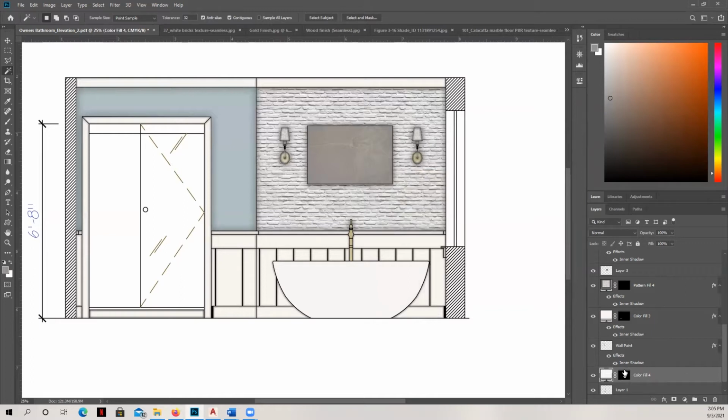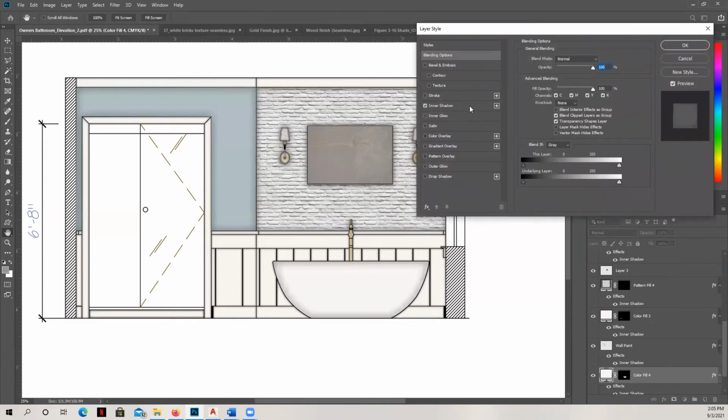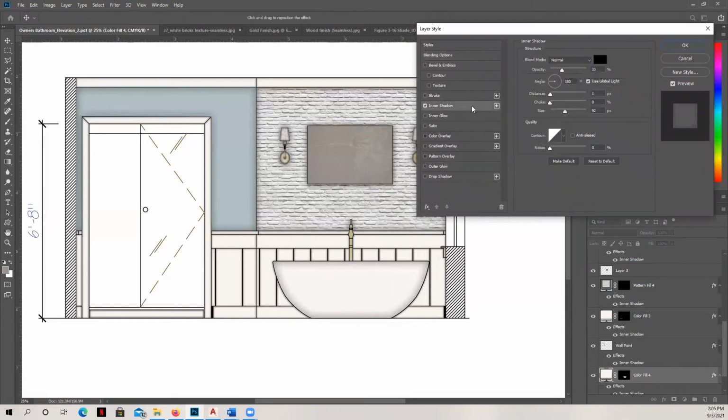And then once I've got the color fill selected, then I'm going to double click and create my inner shadow here. And you can see here it's coming in and it's got a nice depth to it, but I'm actually going to increase the size even more. And that really helps it start to look more round, right? It's a lot more curved on the edges. If I want to increase the opacity and make it look darker, you can see I'm adjusting that arrow there. And that starts to give it this look of having a complex curve where it's curving along the vertical and the horizontal planes.